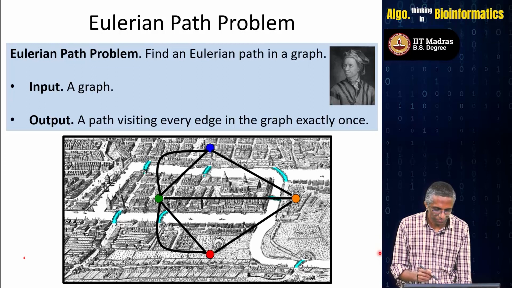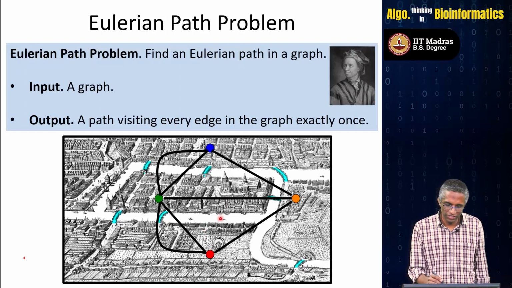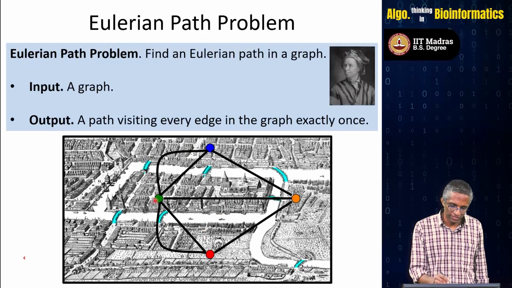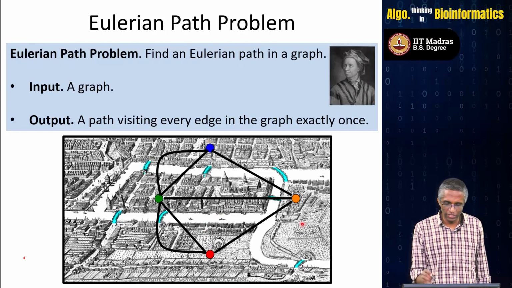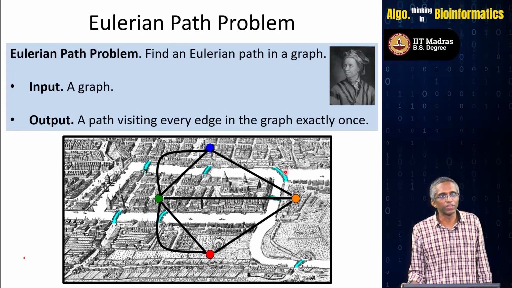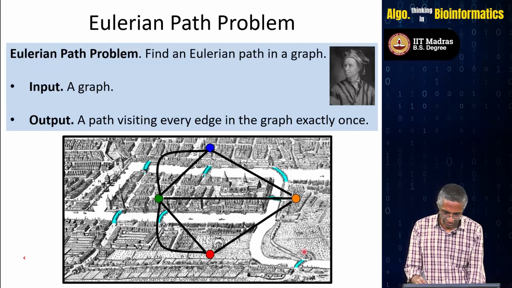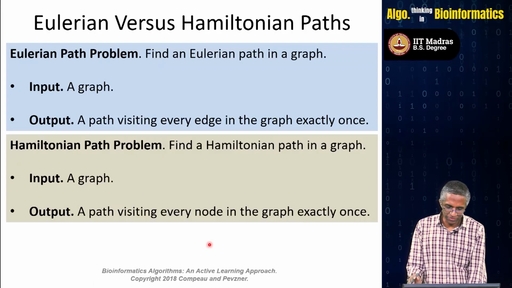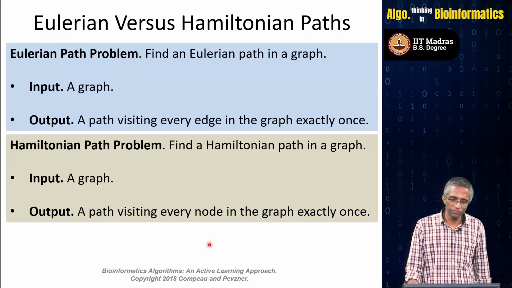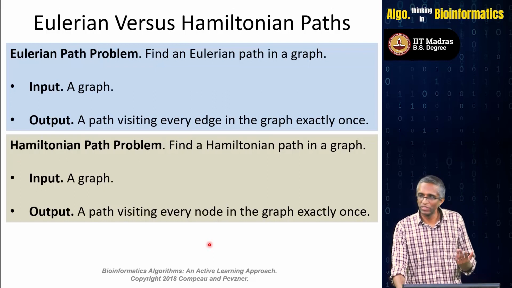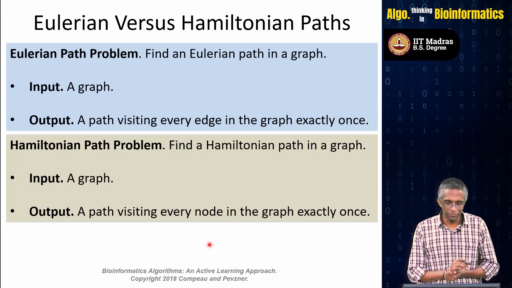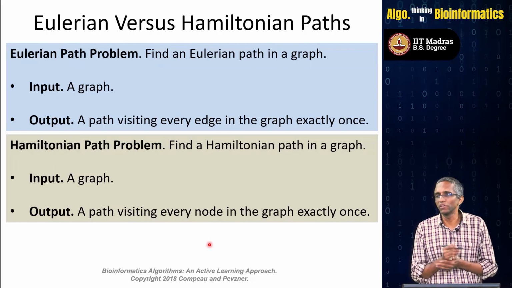Okay. So this is the underlying graph, and these are the two bridges connecting the green land and the blue land, and this is the bridge connecting the orange land to the blue land, and so on, right? And then this bridge. So for each of the bridges, you have 7 edges connecting the corresponding land masses. Okay, this bridge is over here. So then you can abstract away. You just have to look at the graph, and that is where Euler features in. But before we look at what solution Euler proposed for the problem,